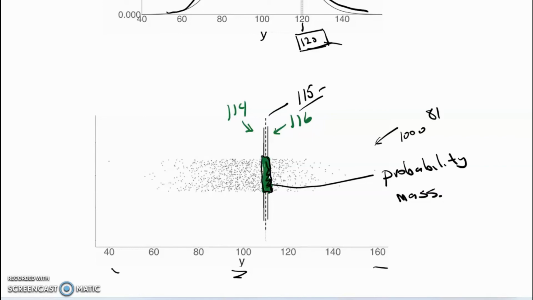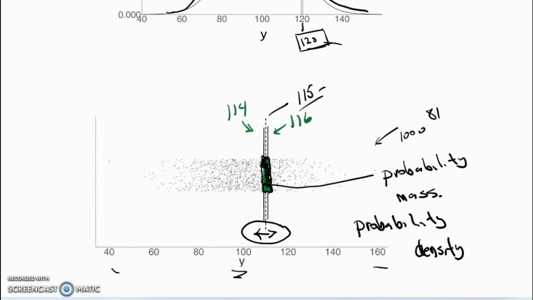And then what I'm going to do is take the probability mass, the probability of a point lying between those two vertical lines, and divide it by the distance between those two lines as that distance becomes increasingly smaller and approaches 0. And what happens when I divide this mass by this distance, as the distance becomes infinitely smaller, what I get is probability